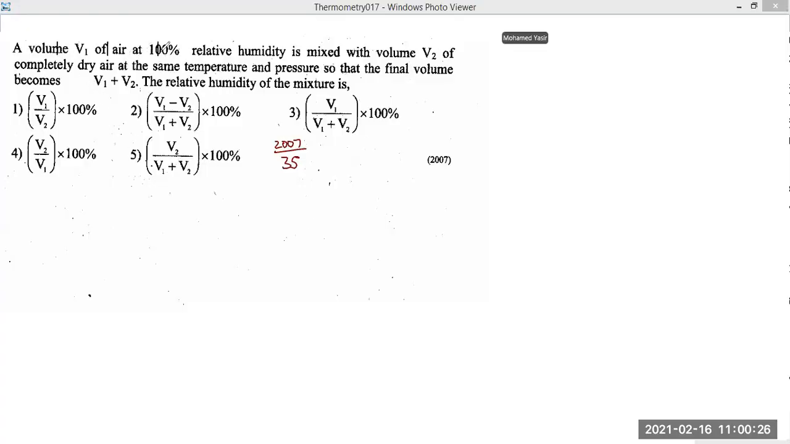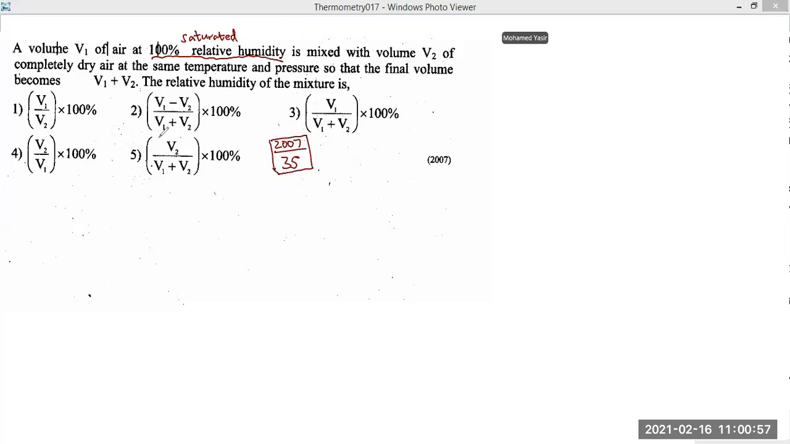Volume V1 of air at 100% relative humidity. What is that 100% relative humidity? Saturated, correct? It is saturated. It is mixed with volume V2 of completely dry air. Completely dry air means we have to assume that there is no water whatsoever, at the same temperature and pressure, so that the final volume becomes V1 plus V2. The relative humidity of the mixture is...